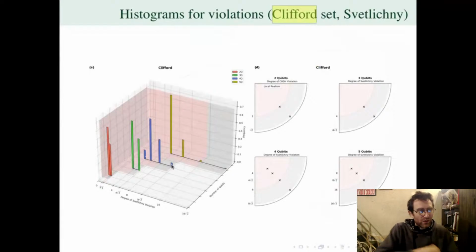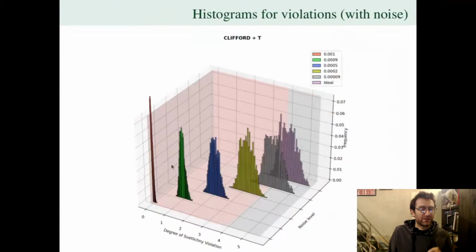We don't know why this occurs, but what we know is that Clifford circuits are efficiently simulable using a classical probabilistic Turing machine. And so we think that these plots give a possible clue for understanding quantum advantage, because